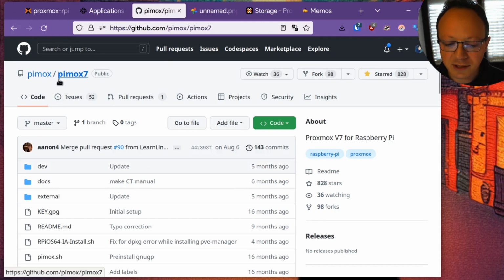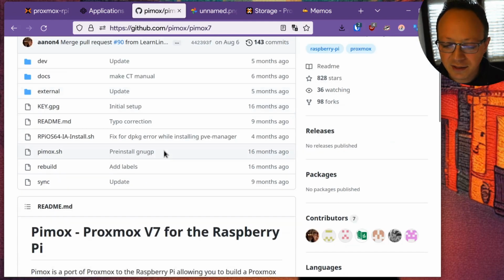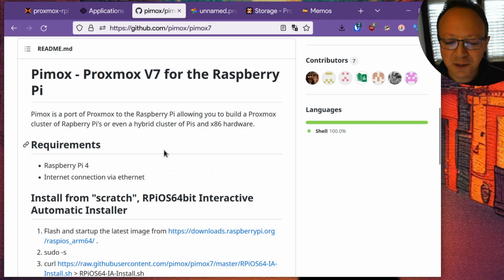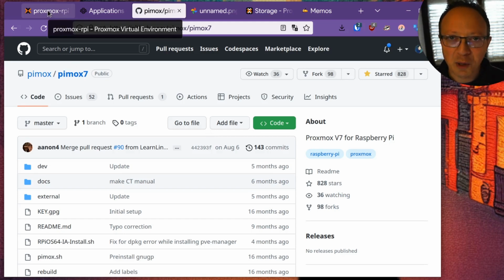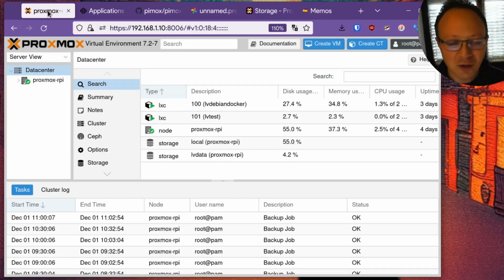So the project is this one, and it's very cool that you can run this kind of operating system also on these small computers, but it's unofficial. So I just use this release because I have a normal computer and an ARM computer. So don't do it in production. Okay, so we don't have the ARM version for TrueNAS.